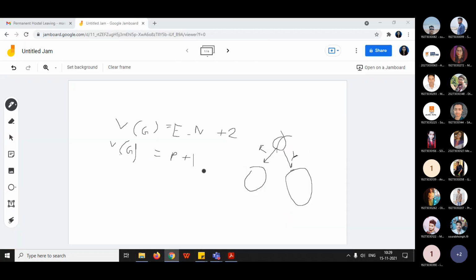Suppose you are going like this: this is one arrow, this is another arrow, this is another arrow. So the flow is like this, and you can consider this one. But if this is one arrow, this is another arrow, but here the arrow is in the opposite direction, that means the path is up to this, but it is not flowing here because this arrow is not in the same direction as the rest of the arrows. So you cannot take it.